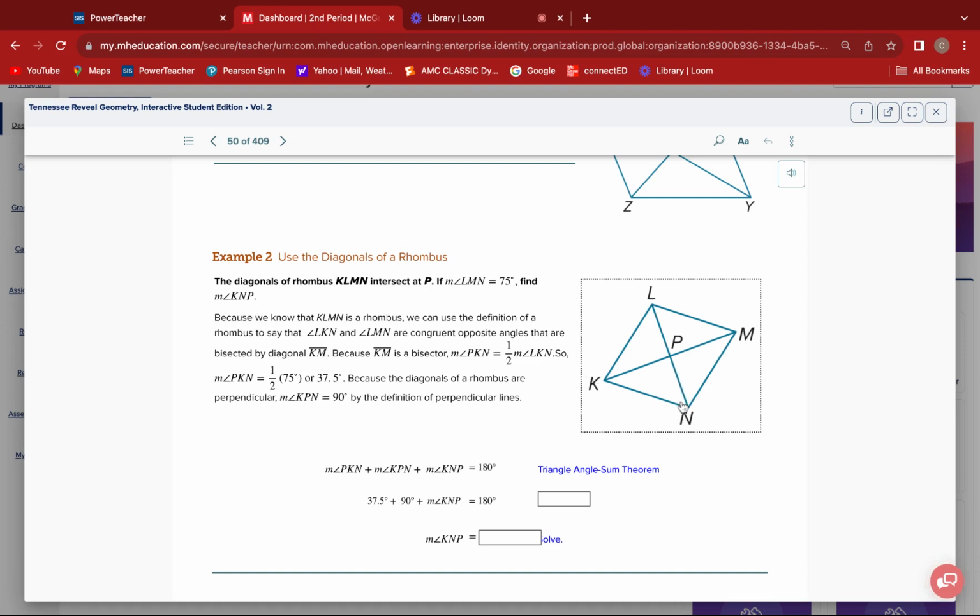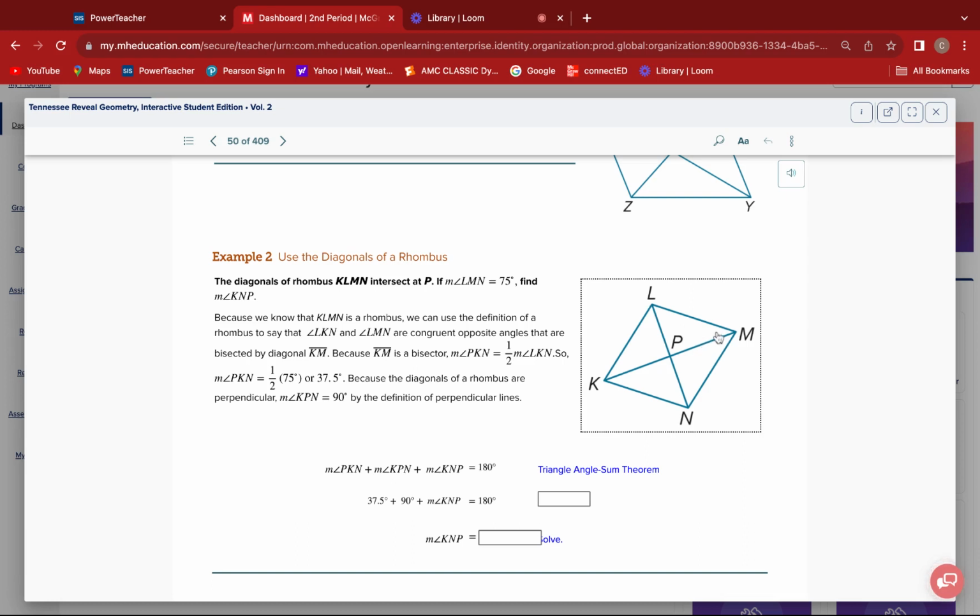KNP. Okay, well, it's the same type problem, I suppose. Looks like they did the 180 thing. All right, well, that's fine. There's more than one way. So you could have done 180 minus 75 to get the big angle in KNP. But then you would have had to divide it by 2 to get the individual ones, which is more than fine. Or you can realize, okay, look, 75 divided by 2